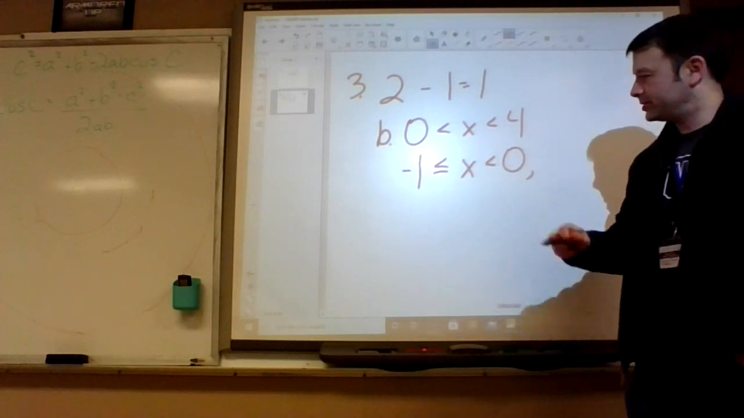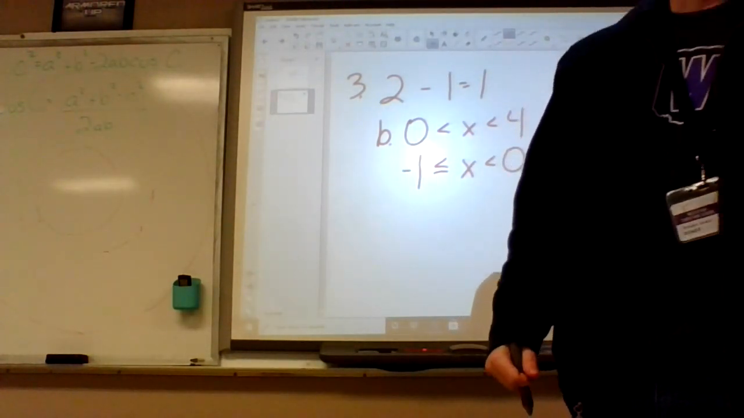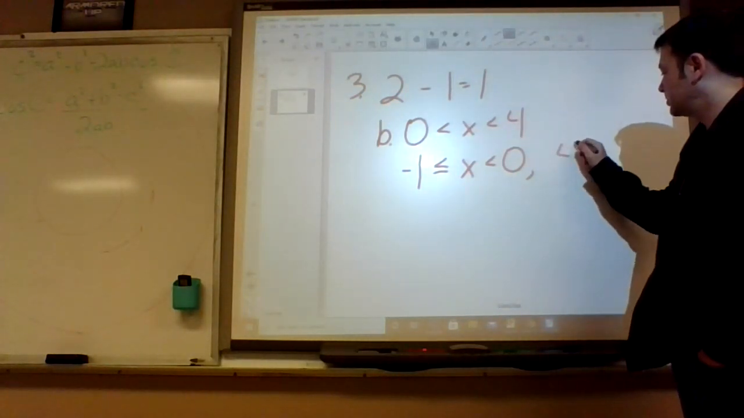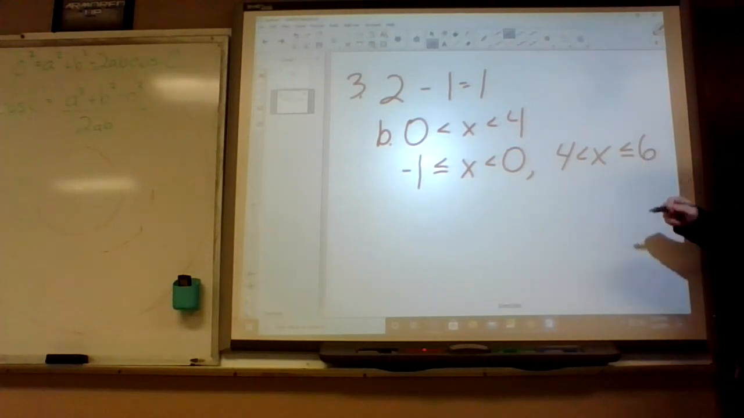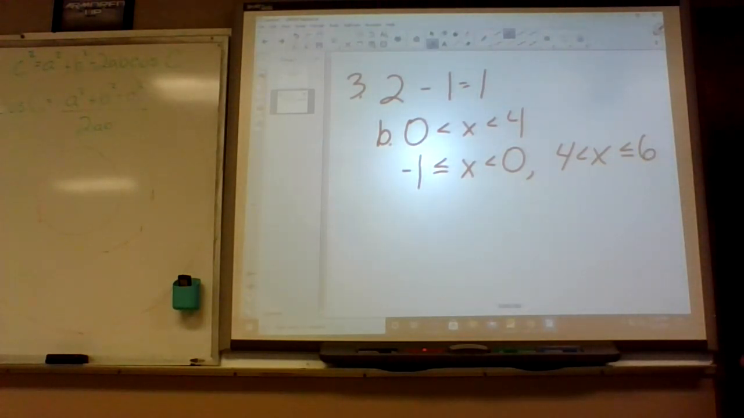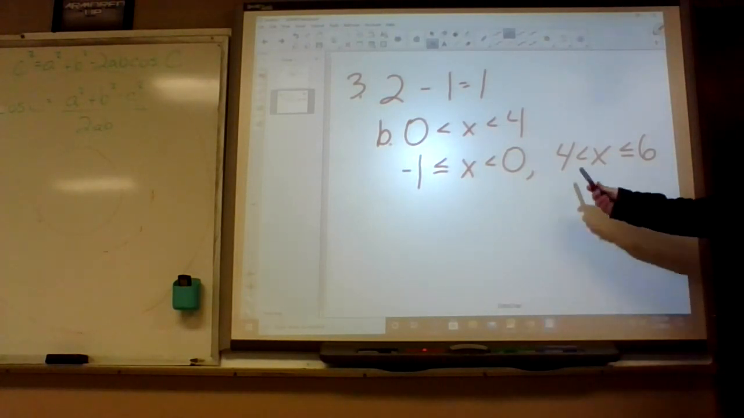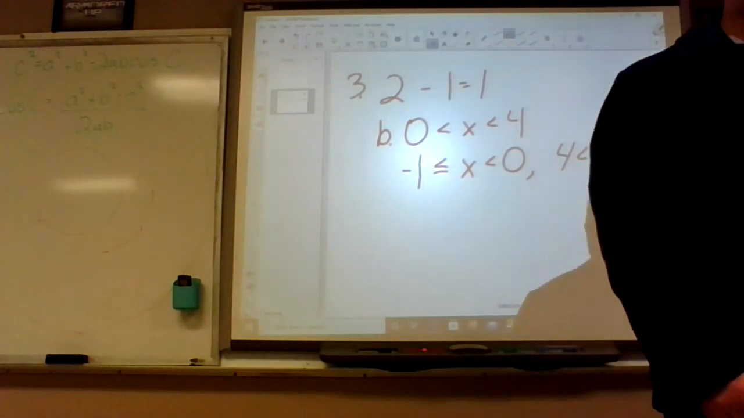Okay, and where else was it negative? Greater than 4. Right, 4 and 6. X is between 4 and 6, so 4 is not included, 6 is included, I guess. Basically, that's where the red line is higher than the blue, or the blue line is higher than the red line. Okay, and the last question on B is